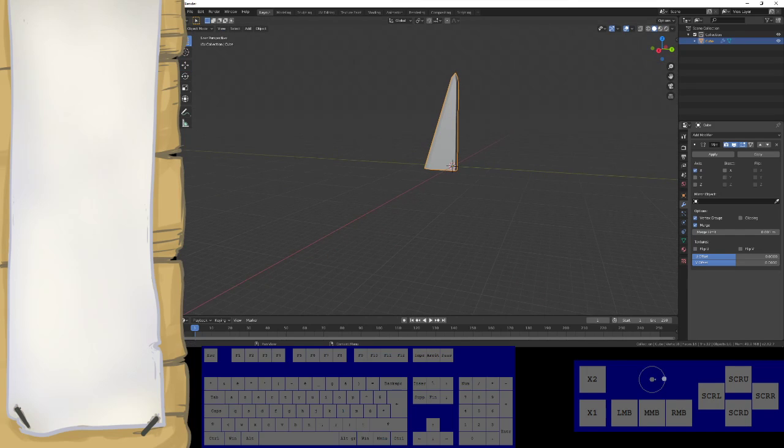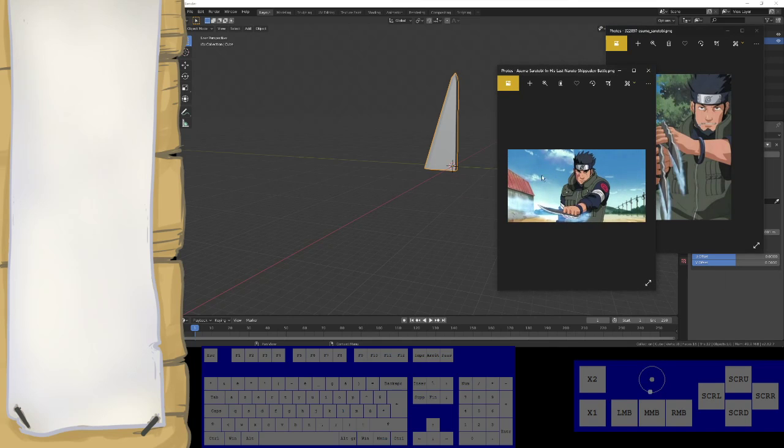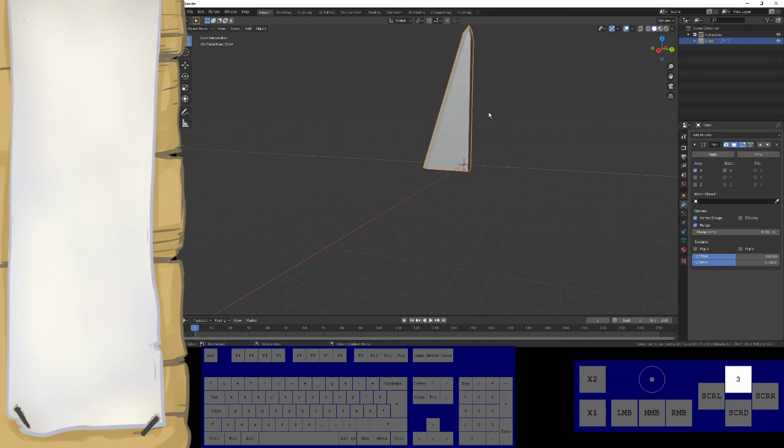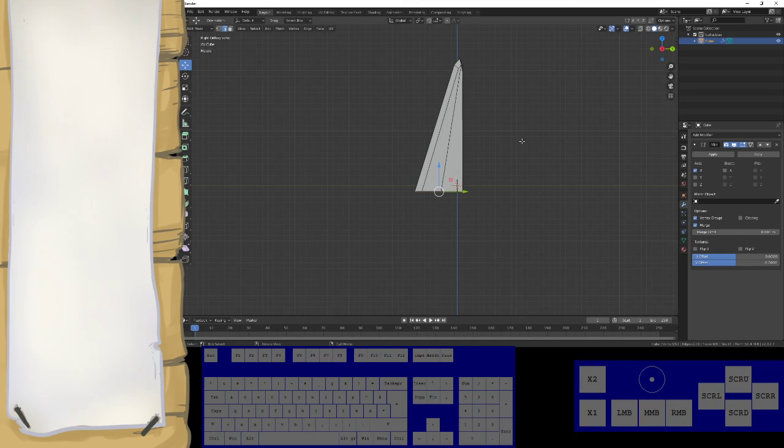So how long is this thing? It's pretty long. It's curved too, right? Let me switch back. Are these curved, or is it just the viewpoint? In this one, it looks kind of like it's curving away. I'm going to guess it has some curve to it, so let's add a little bit of curve. There are kind of 2 ways you can do this. If you want a genuine smooth curve, you could use a subdivision surface. I'm going to go for kind of a rough curve, meaning I'm just going to loop cut a couple of times and